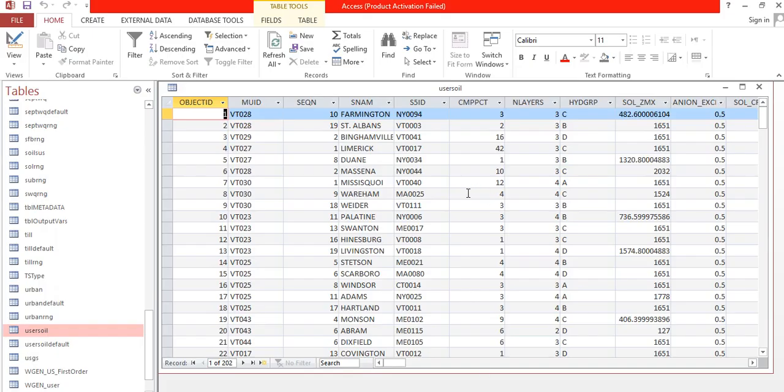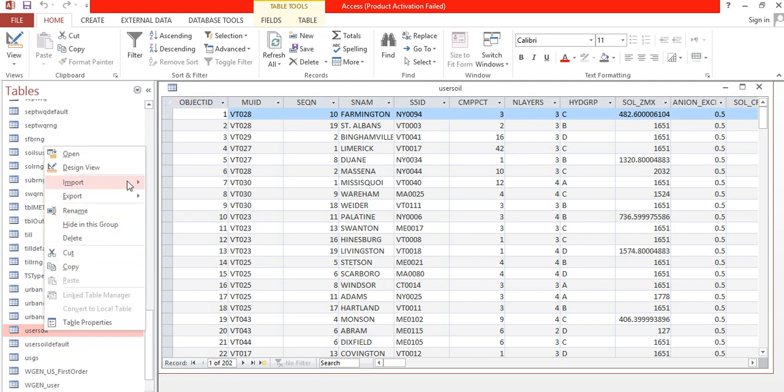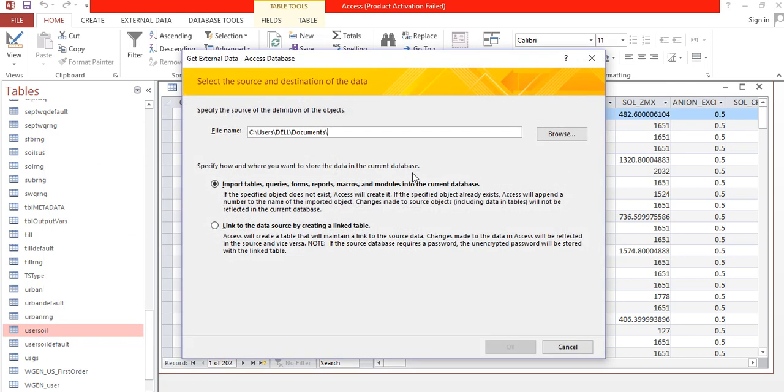Then, as I have told you before, this is the SWAT database for ArcSWAT. So we need to prepare the same soil with the soil map. So how can we do that? Open the ArcSWAT database, then go to user soil, right click and import the new database, which is the MW SWAT database. Browse,